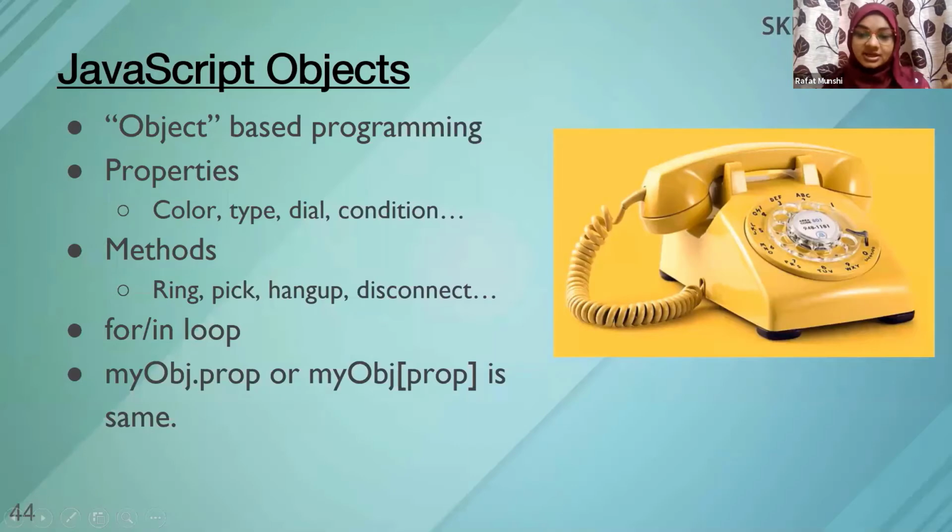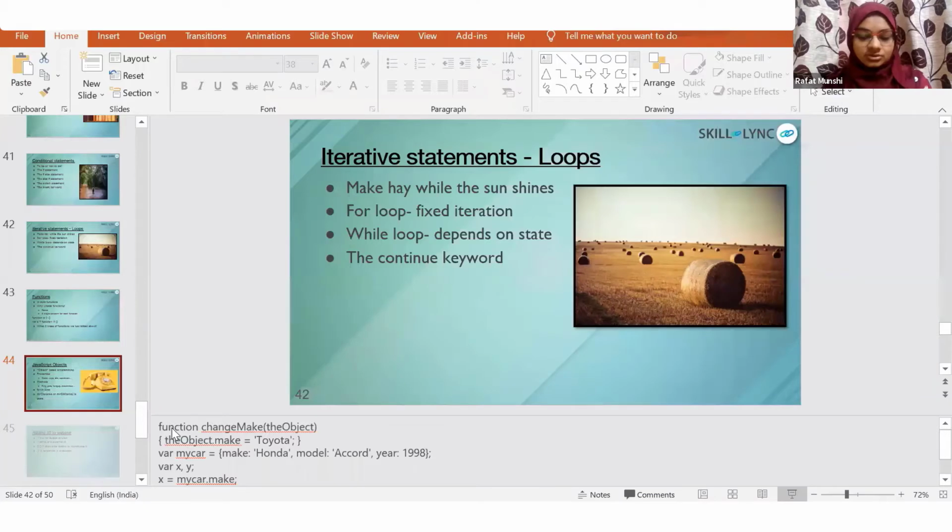So any object around you, you yourself are an object. You would have properties, right? A human being has different properties. Also, we have different methods. So if you have a cup, what are the various methods on that? I can pick the cup. I can pour the cup. So many things I can do with any particular object, right? So similarly, you have different properties for an object. You have different methods of an object. Both of them together make the whole entity of an object. And since JavaScript is an object-based programming language, all these properties really matter. Okay. So now let's look at how we would create any particular object.